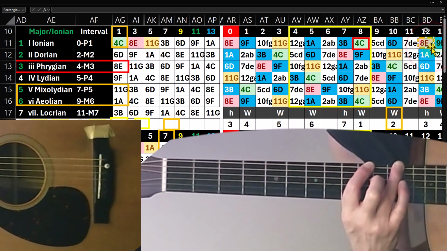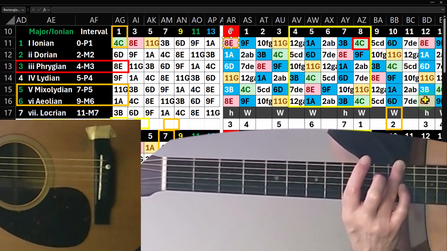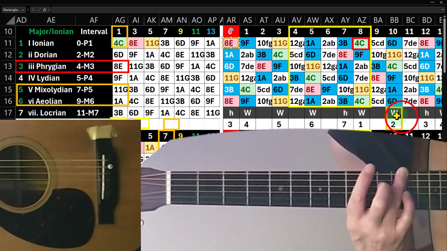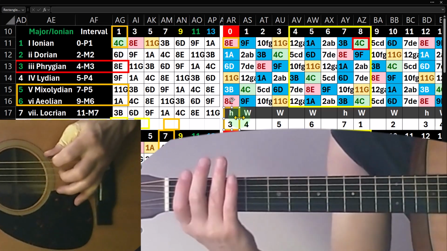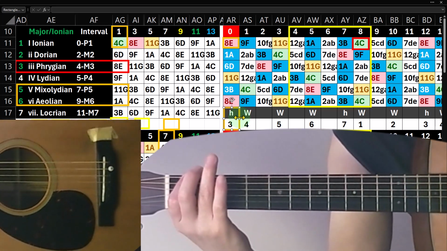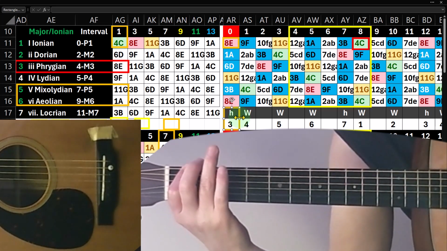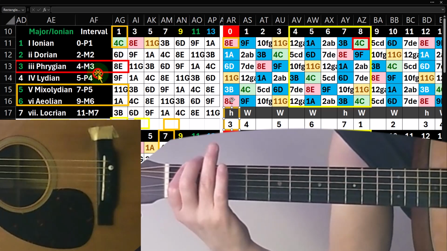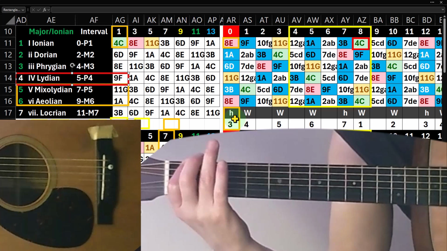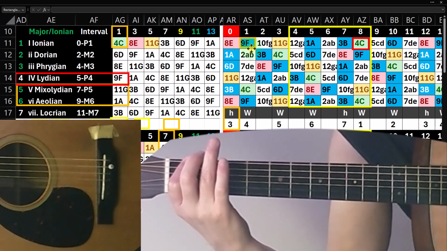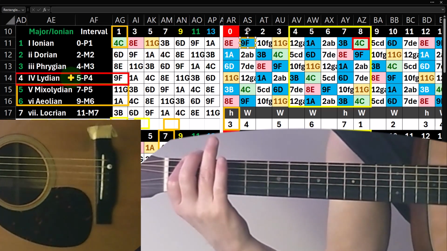Now this repeats because I'm on the 12th fret here, that repeats on the top. So I'm going to go around in a circle, imagining that our string was in like a circle, right? So that we can go back to the top here. So now we're going to go from the open E. So I'm going to go from the open E to the F, and that's going to go from the third to the fourth. Third to the fourth, which is going to be a half step. So from 3 to 4 is going to be our half step. So we're going to go from here to here. And so that is also going from absolute mode number 3, which is the Phrygian, to absolute mode number 4,